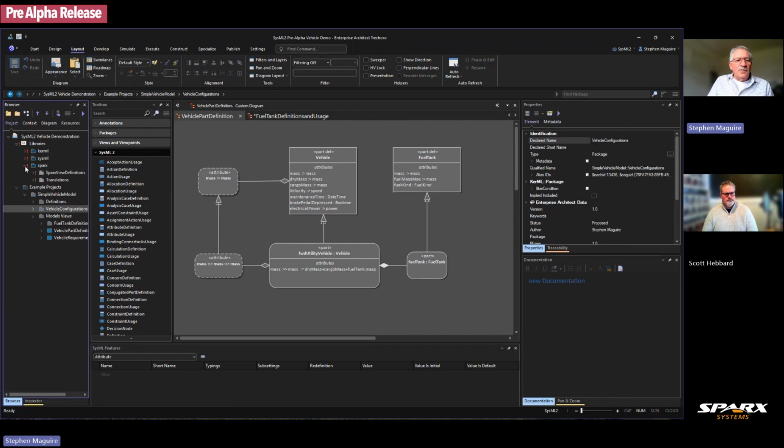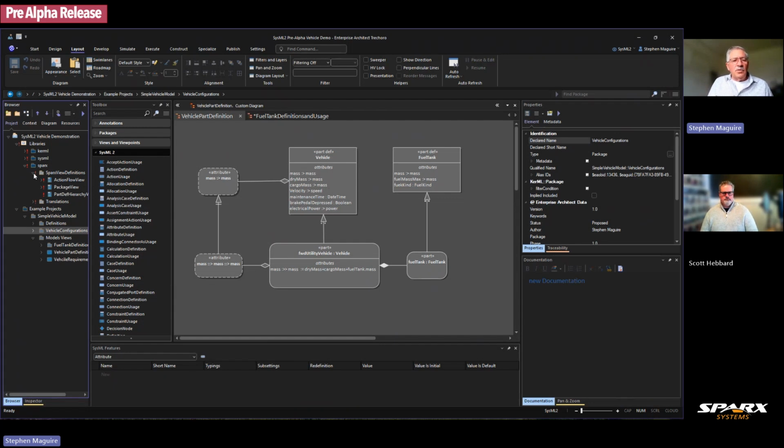So the Sparx library has got some Sparx view definitions in it already, and they're just things that we've been working on. We think these might be useful views. As we go into alpha and beta and production, that might be something that we expand a lot more. But one of the things that we'll be confronting, it was confronting for me a couple of years ago when I first came across the SysML